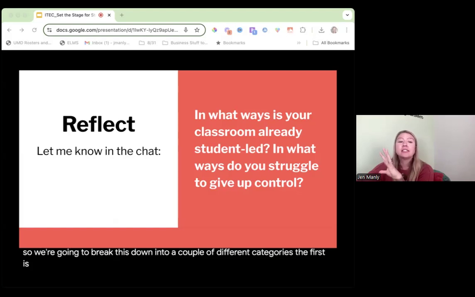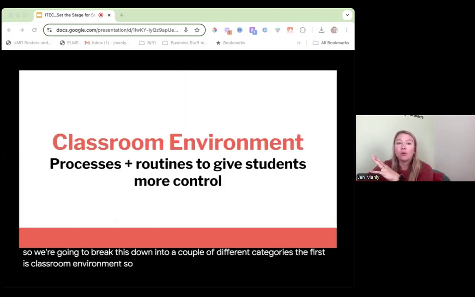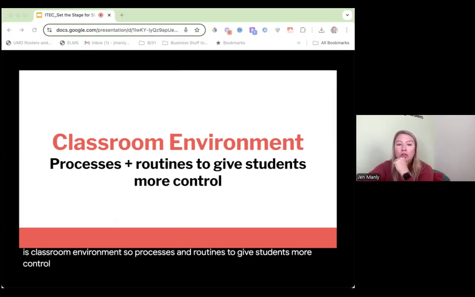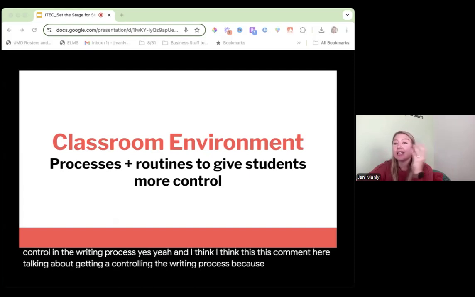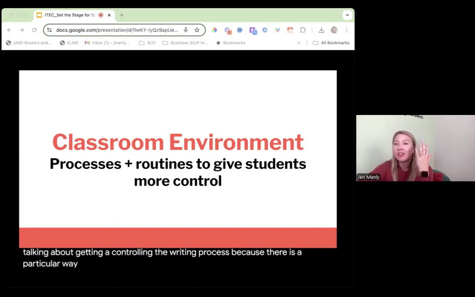The first is classroom environment, so processes and routines to give students more control. Struggle giving control in the writing process. Yes. I think this comment about giving control in the writing process comes up because there is a particular way that the school or the district wants them to write. It highlights a really good point, which is that